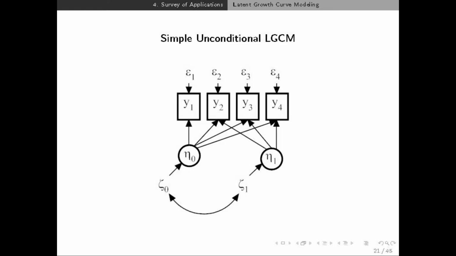In growth curve modeling, the factor loadings are fixed to values that are informed by the design of the study. They're not typically estimated. But we're interested in the means and variances of the intercept factor, the slope factor, their covariance,